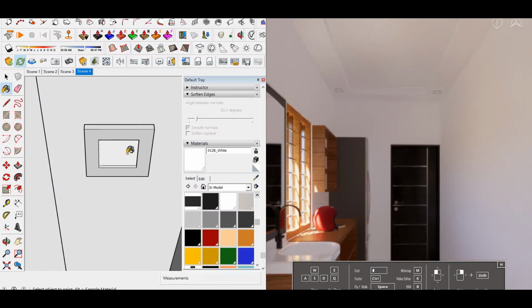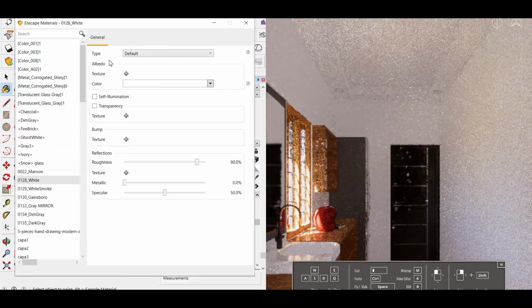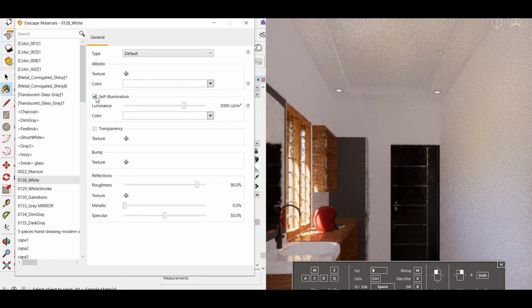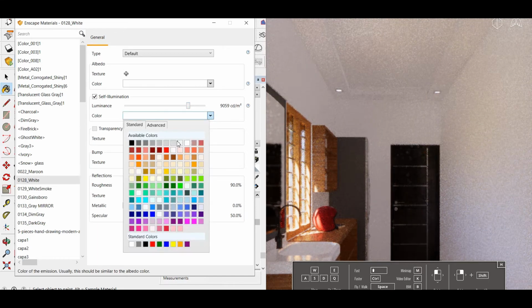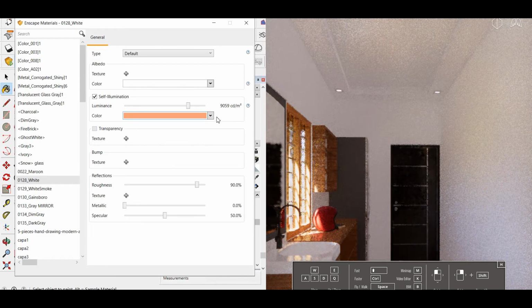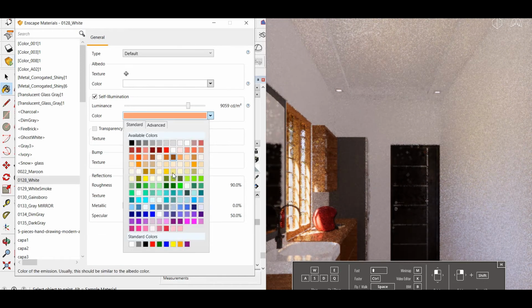And if you are creating some lights, you can use self-illuminate, and there you can see it illuminate light. You can adjust it here, and you can change the color of the light.